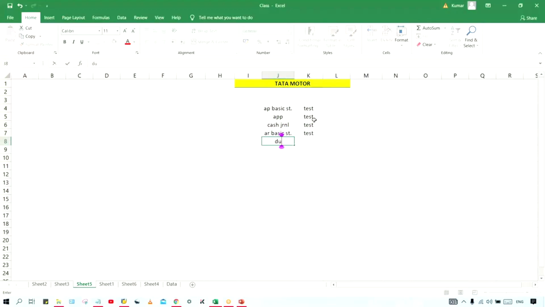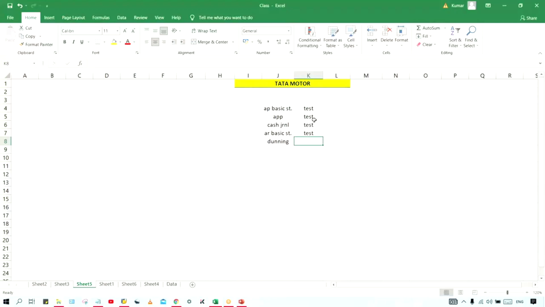In account receivable, there is a topic called dunning activity. Dunning means, let's suppose Tata Motors has sold goods to a particular customer and that customer is not making payment on time. Likewise, there will be multiple customers who have not made payment on time.